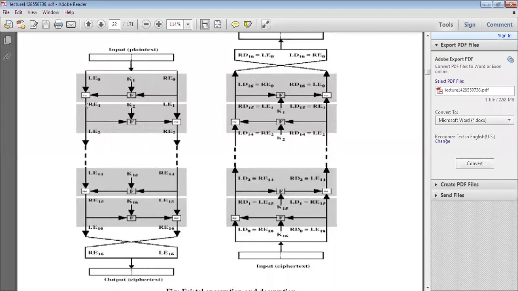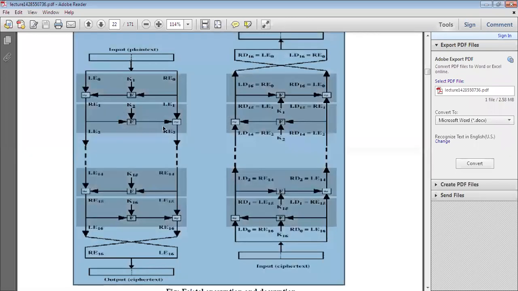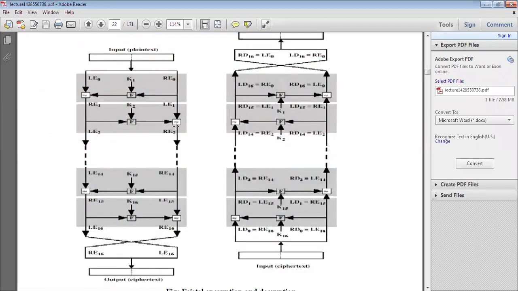In a similar way, that output is given as input to the right side, along with the key K2. After transforming, the output we get is the XOR operation with LE1. Similarly here, LE1 you have to consider as RE2, and perform the operation with the key, and after processing and transforming the value, you get the value with the XOR operation of LE2.